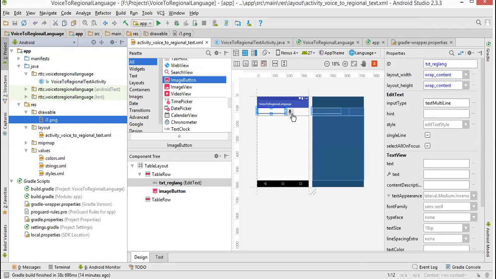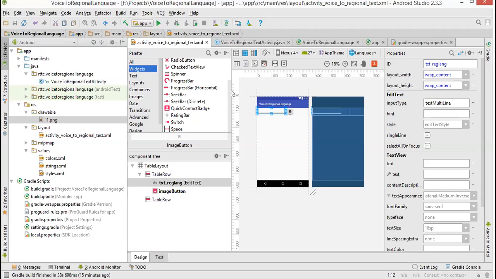Image button. Now once you got the button, double click. Image button. If you double click on that, it would open the resources that are available, the images. Okay. So you can choose that image and put it inside that button. Okay. So below that you put one more button, ordinary button.